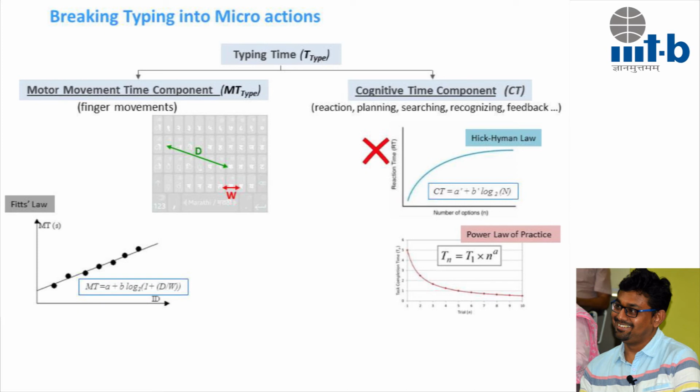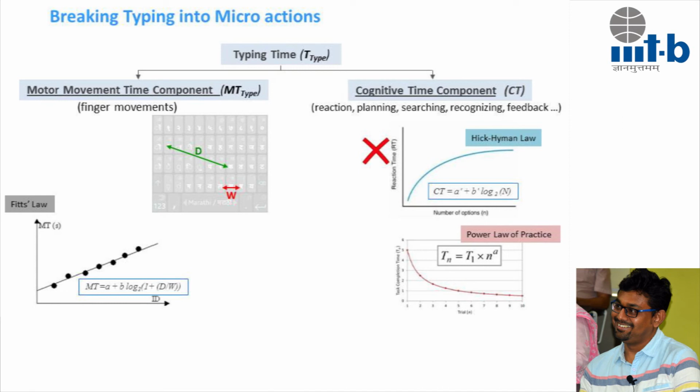Okay, so when we divide typing into macro actions, we have two things primarily. The motor movement thing. We know how to model motor movement from our first part. Fitts' law was the one wherein we did this kind of experiment to understand how much time movement from one character to another would take. If I separate those characters to a farther distance or reduce the size of those keys, then probably my movement time would change. The other thing going on in parallel is the cognitive time, which means your reaction time. And that can be modeled using Hick's law, we know.